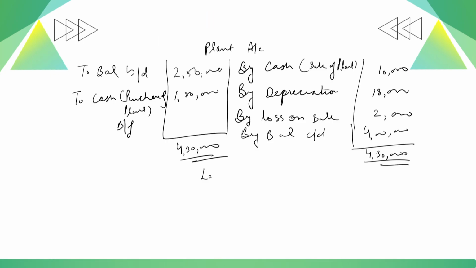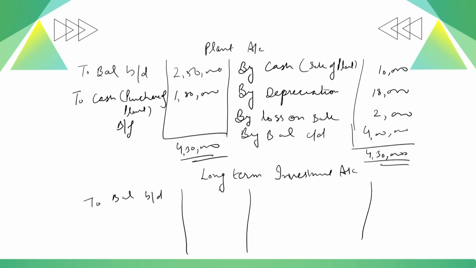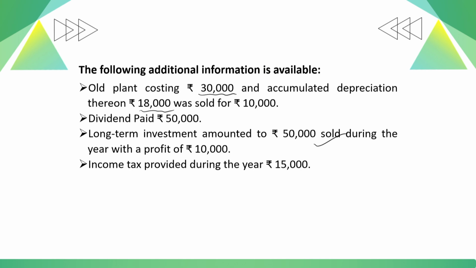So the long term investments account: balance brought down 1,50,000, and the closing figure is 2,40,000. In the adjustment it is given that long term investments amounting to rupees 50,000 were sold during the year at a profit of rupees 10,000, meaning the sale proceeds we received on the sale of investment would be 60,000 rupees,